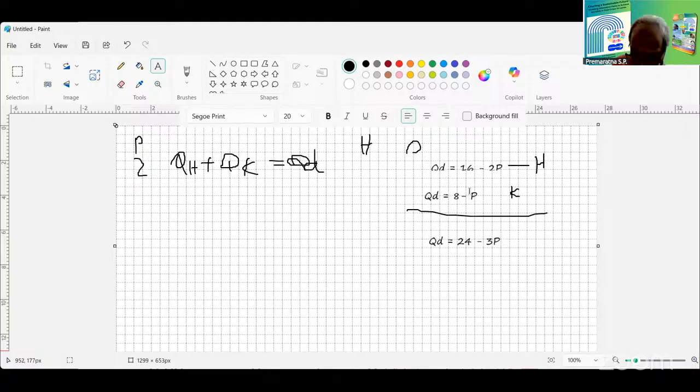But here, be careful. Sometimes in the exam paper, I'll give not this standard demand function, but what we call an inverse demand function. There the price is on the left side, something like, let's say, 8 minus Q. This is what we call the inverse demand function. Now let's say this is Ken's inverse demand function. Likewise, you have Helen's inverse demand function,